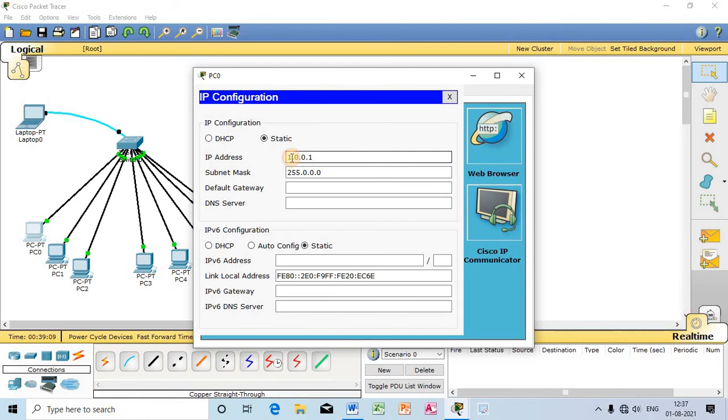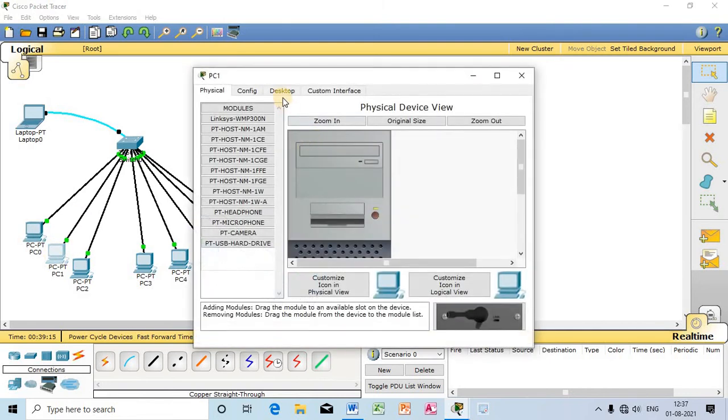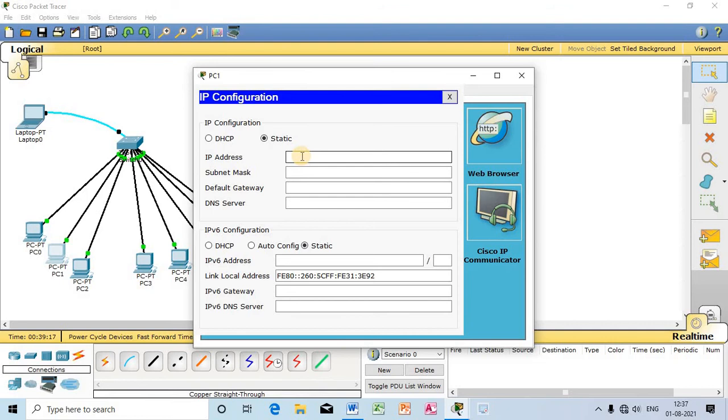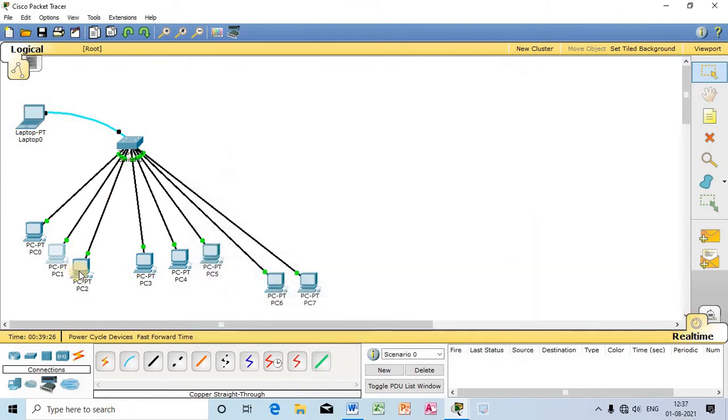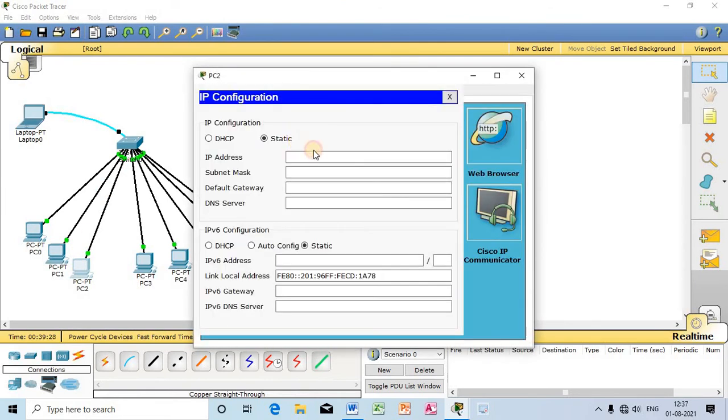The network address is 1 and the host part is 001. I will maintain the sequence. After 1 I have written 2, 3.